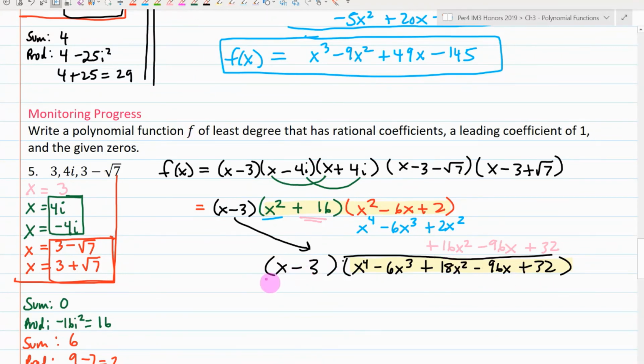So in order to multiply these two together, multiply x times all of those. That becomes just one higher on all of them: x to the 5th, minus 6x to the 4th, plus 18x to the third, minus 96x squared, plus 32x. And then I'm going to multiply minus 3